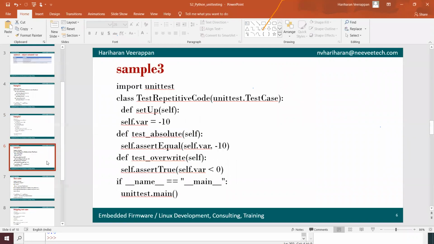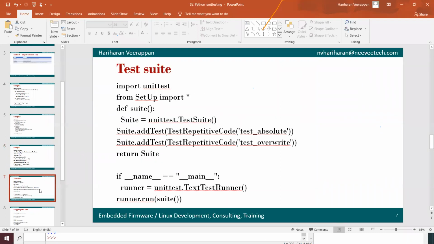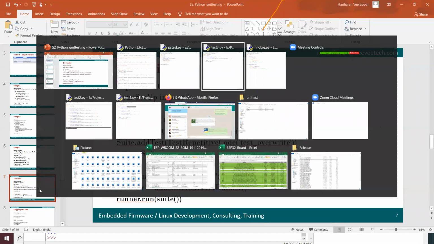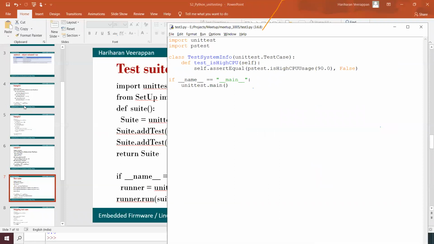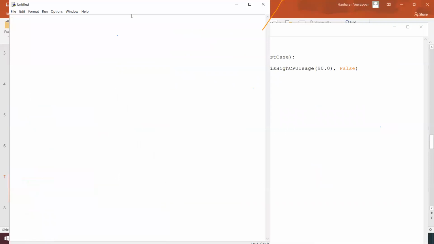We have the option to create different test cases, and if suppose we wanted to create a test suite of the application, we can import whatever things we need and add that. For example, I wanted to create a test suite. File new, and currently we did three test cases over here.